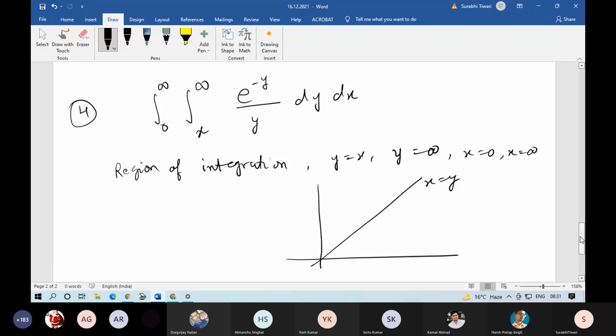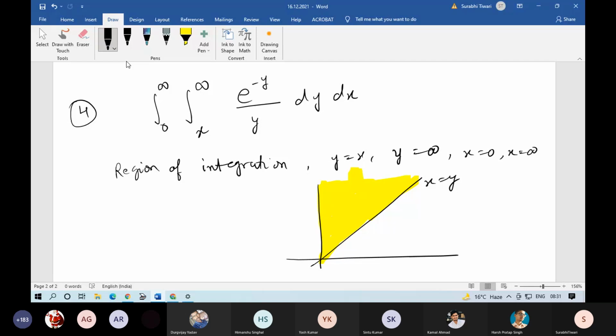So this means you have to consider this upper portion. x infinity तक जा रहा है and x is equal to 0 भी लेना है। ठीक है, तो वो ऊपर तक जा रहा है।